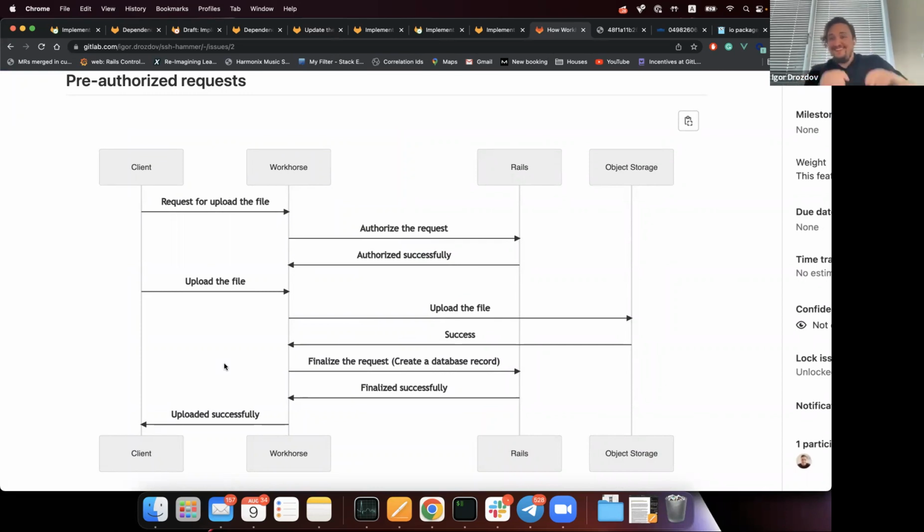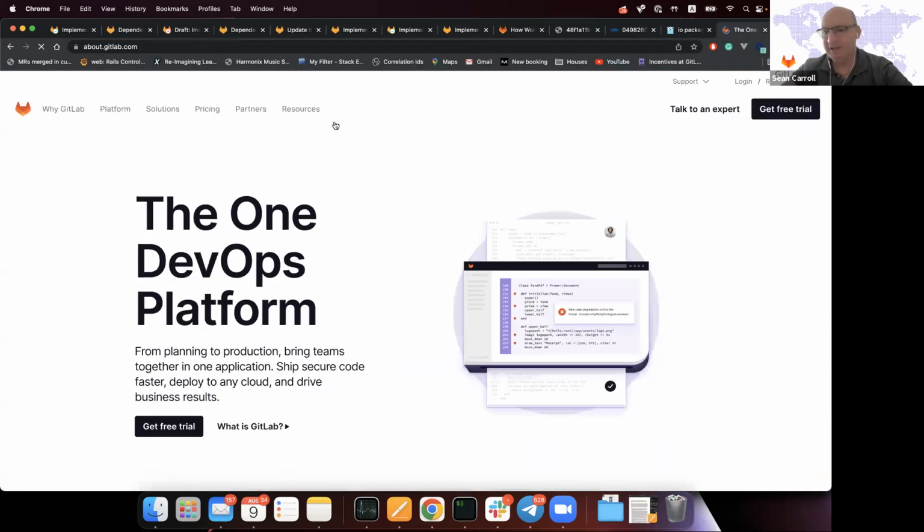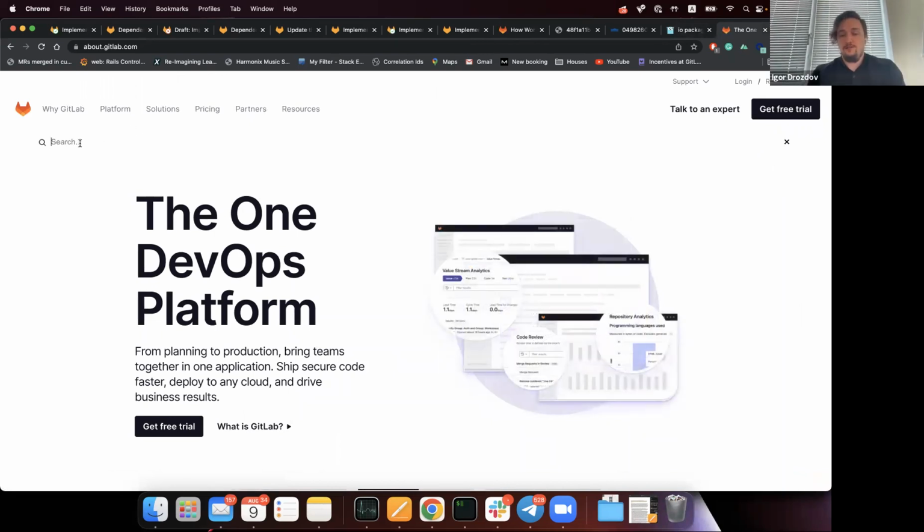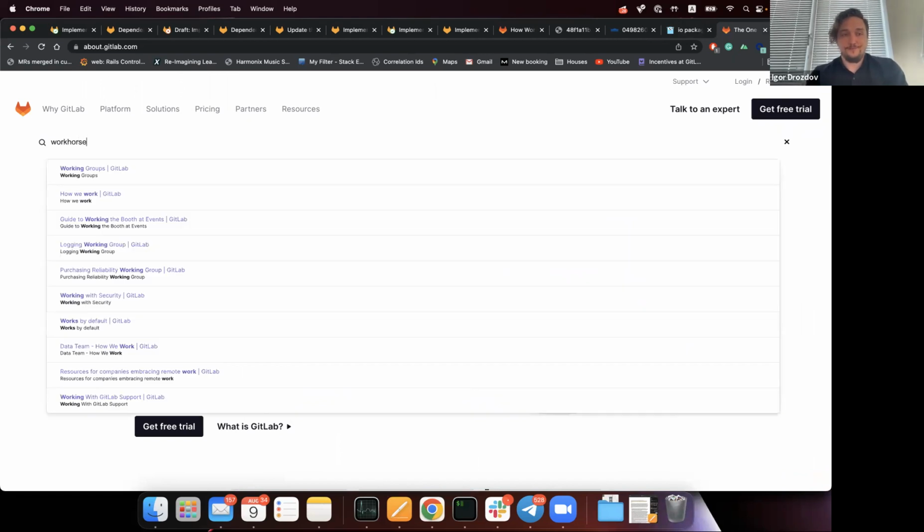Yeah, sure. I know this should be apparent to everyone, but is the reason that we have Workhorse in the first place that it's written in Go, and so it's directly taking a request from Nginx and essentially deciding if it should bypass Rails or not? Yeah, it's actually to handle long running